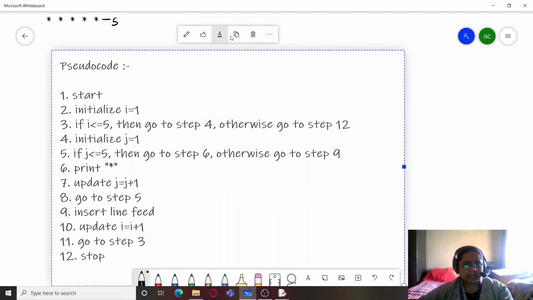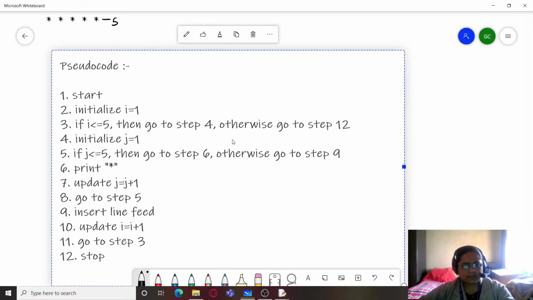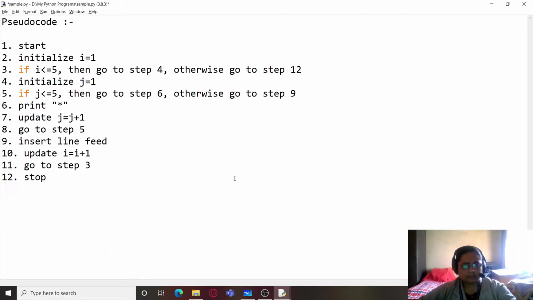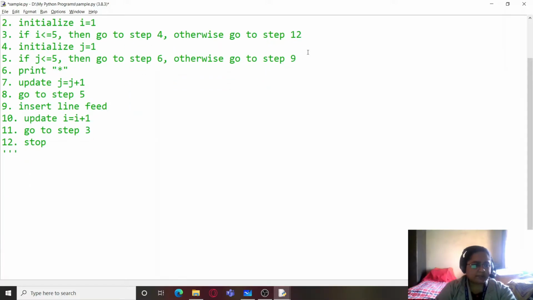Now let us create the program using this pseudocode. So we will go back to our sample program, and first we will copy this, and we will paste our pseudocode here and hide this under a block comment. And now we will start with our coding. So as usual, the first step start is not required. So we will simply start with I equals 1. But because we are going to use a for loop, and you know that for loop already combines initialization, condition, and update expression.